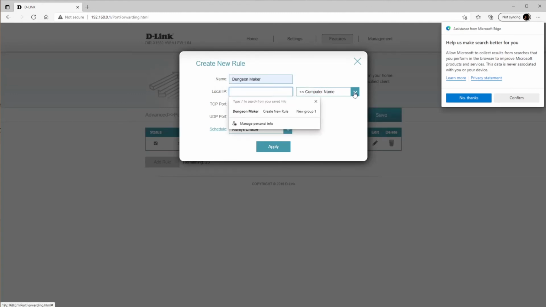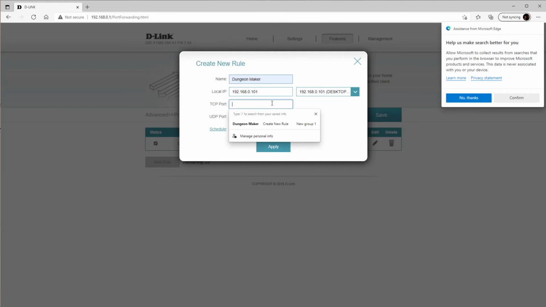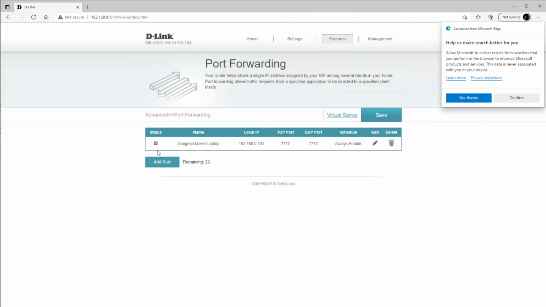So you figure out which IP. So you'll have the list of IPs here. So you saw our address, the local IP address when we started the game was this 101. So we know that that's the local IP we have to send the game to. And then we just, again, it's 7777 for both ports, and you would apply that. I'm not going to apply it now, I already have the rule in place. But that's all you have to do, and then make sure you save the rule, at least in the case